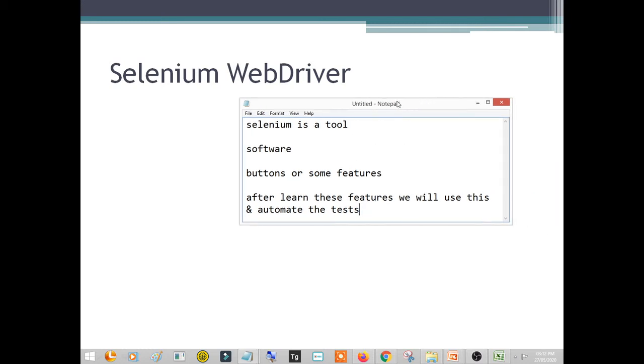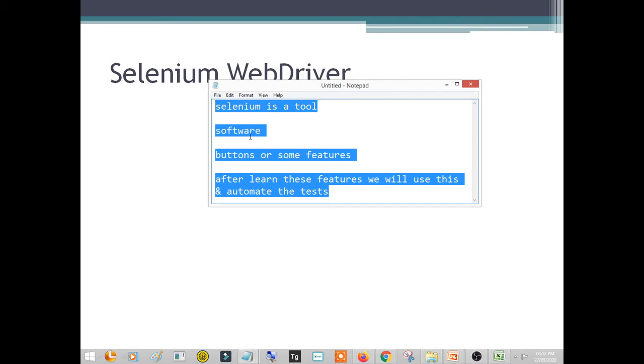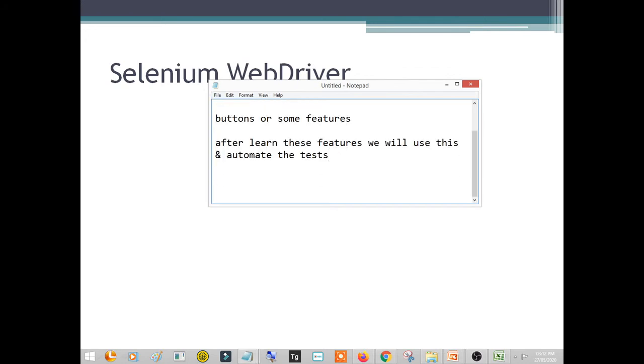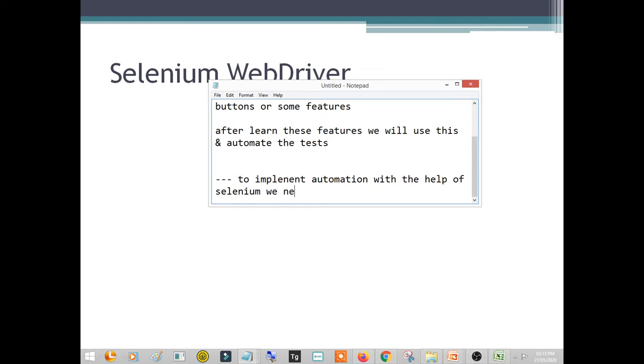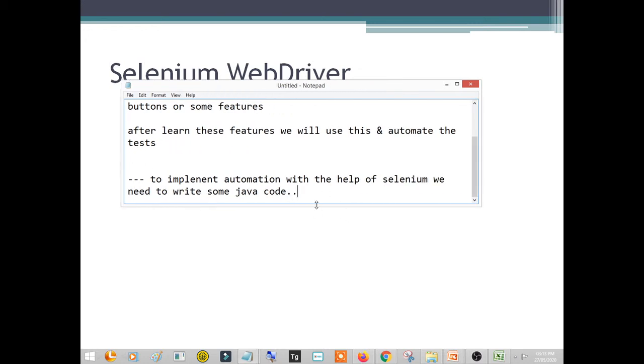Of course it is a tool, but in order to use or implement this, we are going to write simple Java programs, right? So to implement automation with the help of Selenium, we need to write some Java code. Some people have started getting scared about this. I'm talking about code.